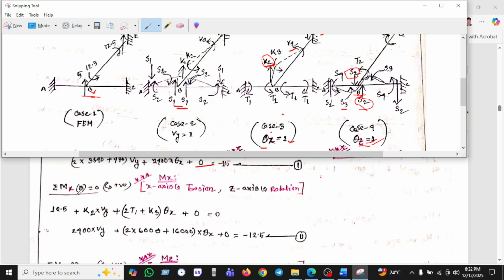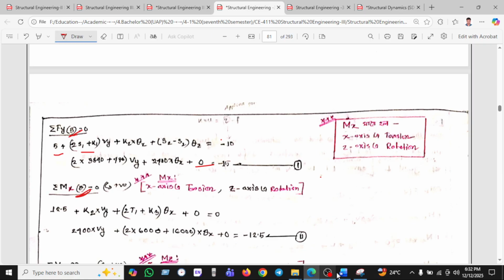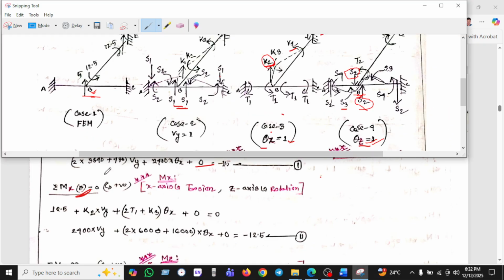Okay, so mx, this is the point of B, mx. We are just calculating. Now we're taking the moment 12.5, the fixed-in moment in case 1. So now we go to the bx point, which is case 2. Case 2, what will be found? K2 into by. These are the K2. We have found the BE member,